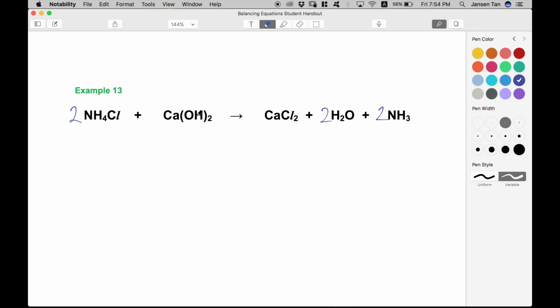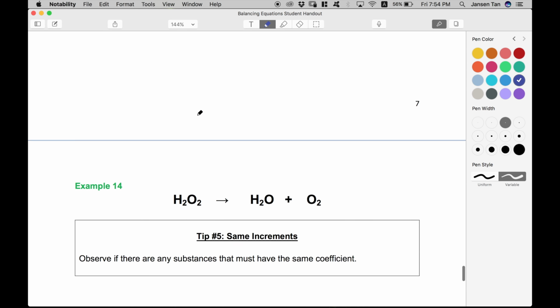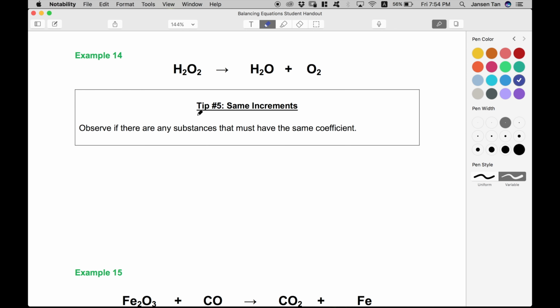Down to the last tip for you. This is very useful. It's called same increments. This is a seemingly simple equation to balance, but if you do not know where to start, it can be a bit tricky. So if you look here,